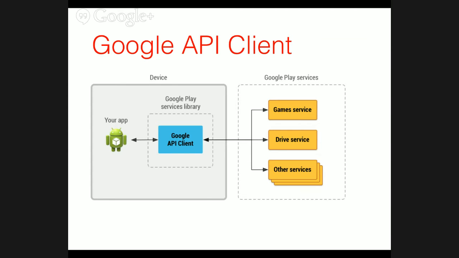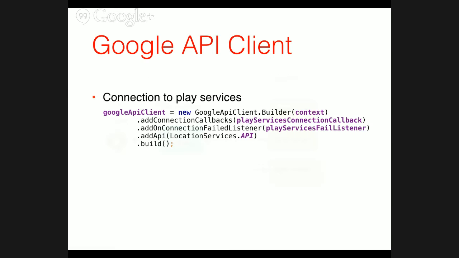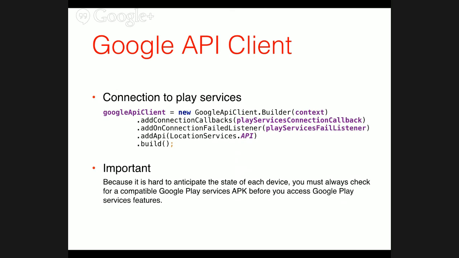In order to communicate with Play Service, you need to go through Google API client, and that's pretty simple and it works great. So what we have to do is to define Google API client that specifies what API you're going to use, and defines connection callbacks and fail listener. Why you need to have connection failed listener is because